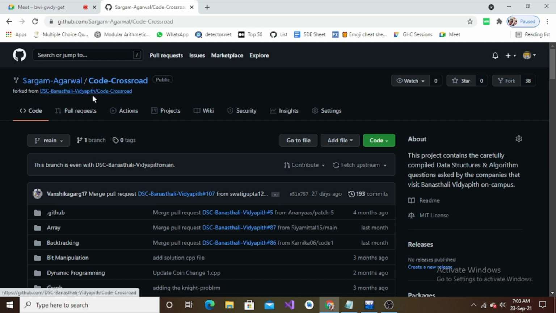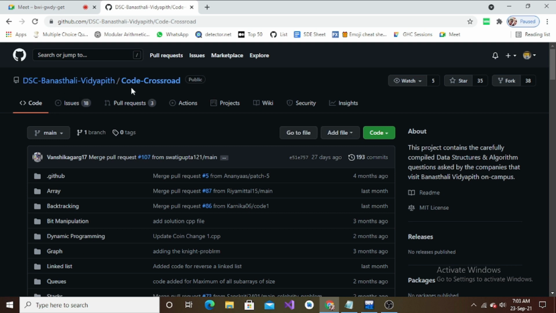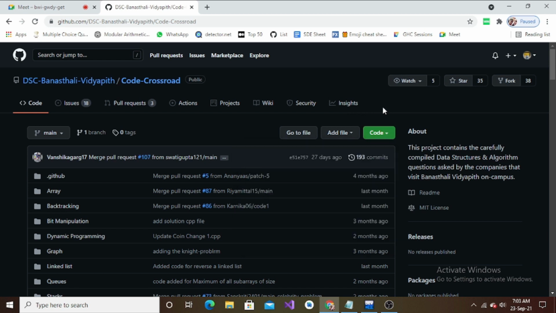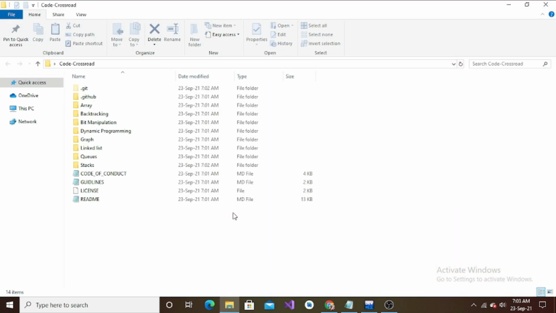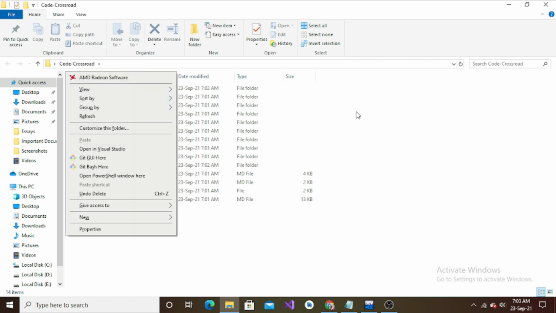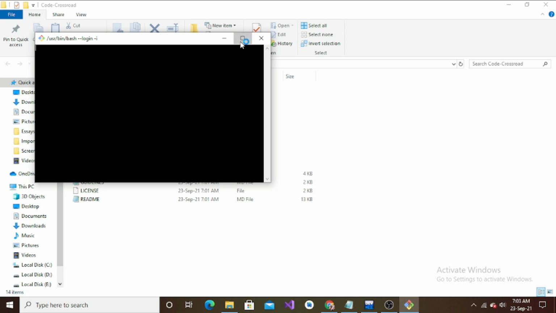What we do is we simply go on to the original repository, not the forked one. Currently we are in the forked one, but we go on to the original repository. Here we are on the original repository, and we copy its HTTPS code, in the same way as we copied it earlier for the forked repository. After having done that, we simply get back to our system. We open our project on the local machine, and over here I'm going to do git bash here. It will open up the git bash in my cloned project.